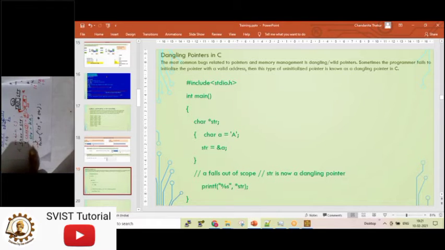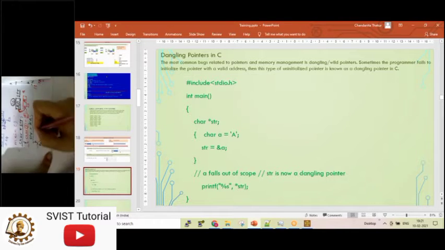So we have introduced a new concept called block in C programming that will be much used in C++ and Java also. A is declared inside the block, so A doesn't have scope outside the block. Inside the block, str was pointing to A, but outside the block, A will not exist. So str will become a pointer which is storing the address of A, whereas A is out of scope. A is not existing. So str will become a dangling pointer.